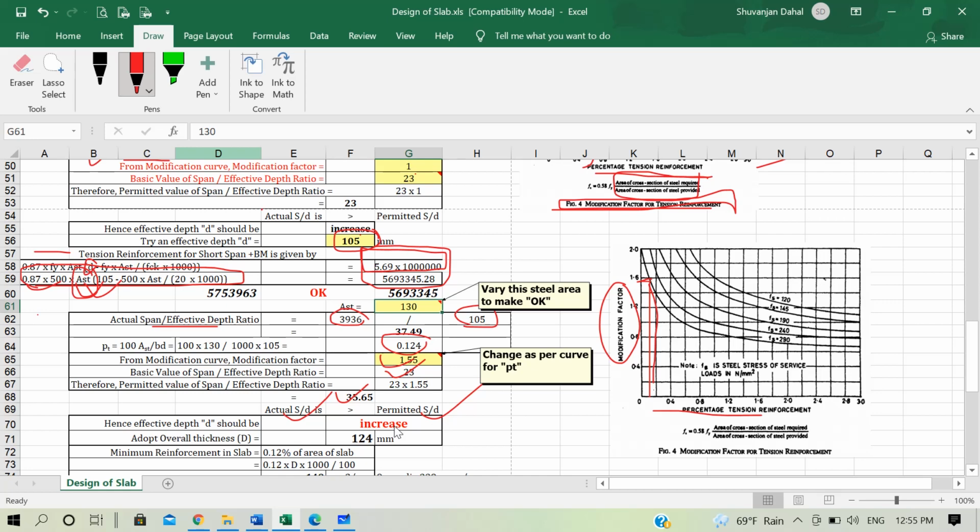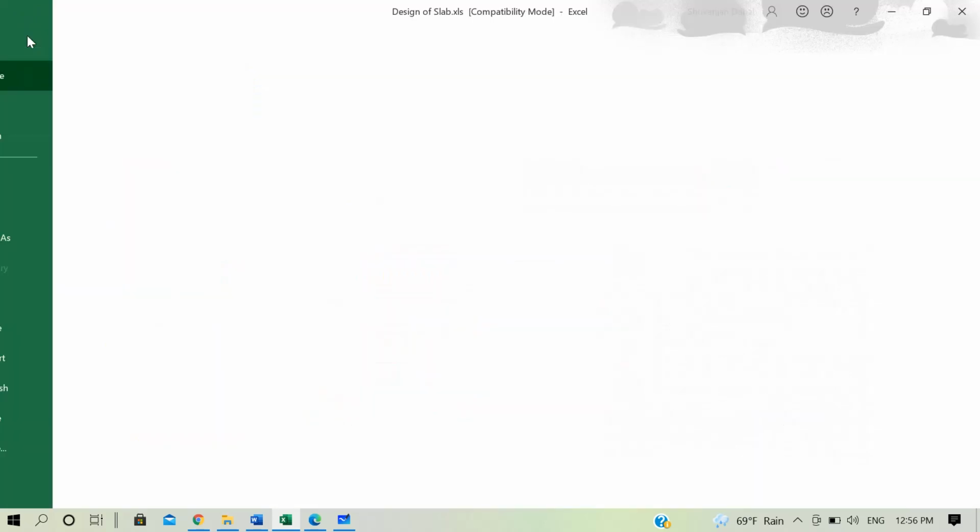Now let us see here. We have already taken this 105 mm effective depth of slab, and using this value we get our total depth of the slab to be around 125 mm, which is equal to a 5-inch slab. And that 5-inch slab is the normal depth of slab that we use in residential buildings. So it does not do us good to increase the effective depth once again. So instead of increasing the effective depth, what we will do here,